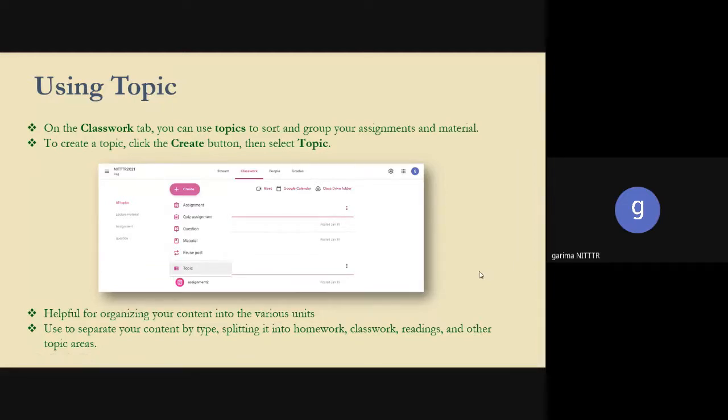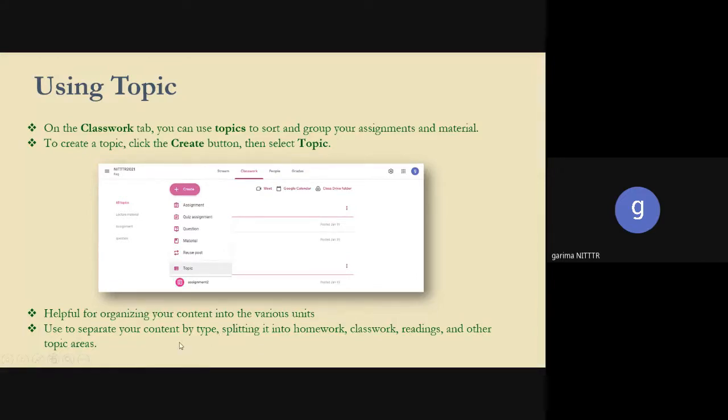Suppose this particular lecture material or assignment you want to share with another batch, you need not go through all the slides, all the things in the Google Classroom. You just go to the assignment, you'll see that a particular topic related assignment is there in that classroom, and you'll reuse that particular post, change the required information, and then you'll share with the other classroom also. So obviously it will help us to separate our content, readings, and other topic areas.